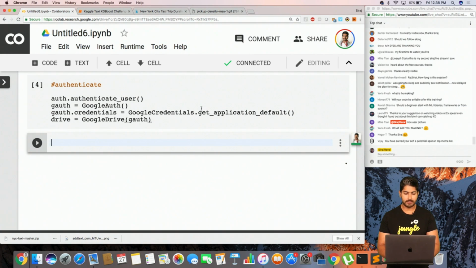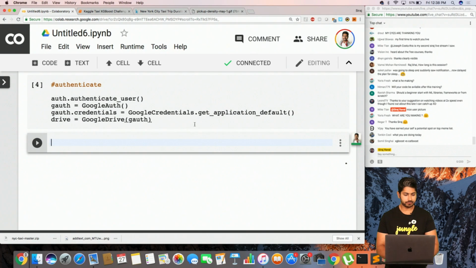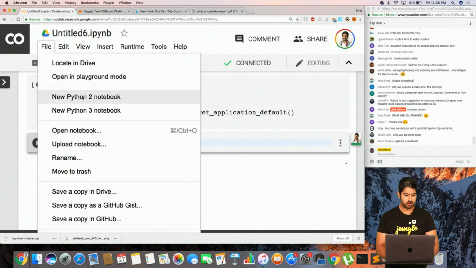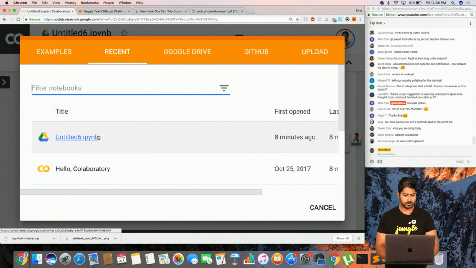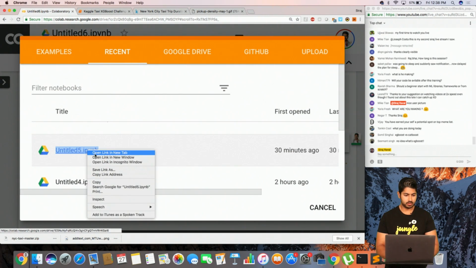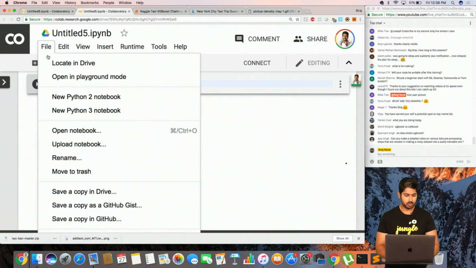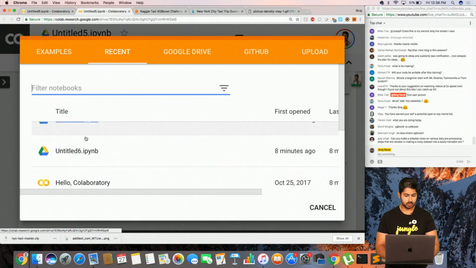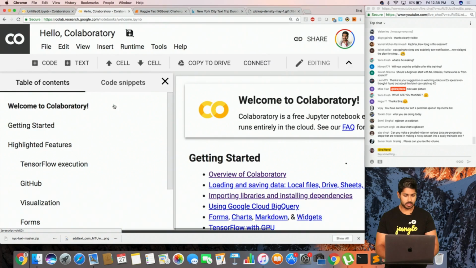All right, so I've authenticated, and now I want to access my data. So where am I going to find this data? Okay, I think what I'm going to do is open notebook. I have this one. What is this one? No, this is nothing. Open another notebook. What else do I have here? What's in here? Nothing, of course.